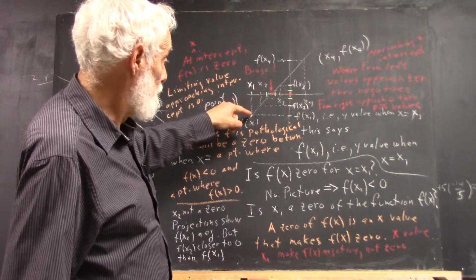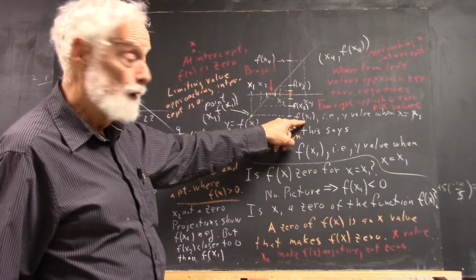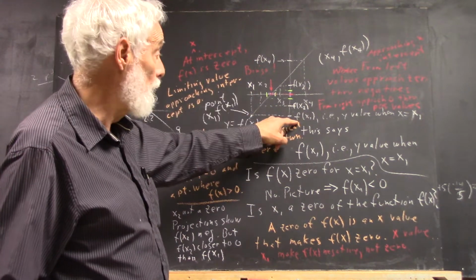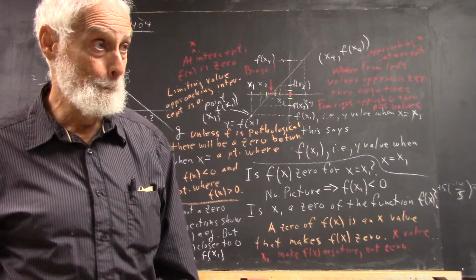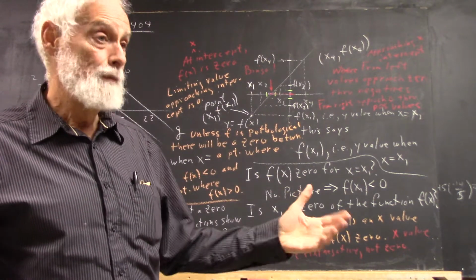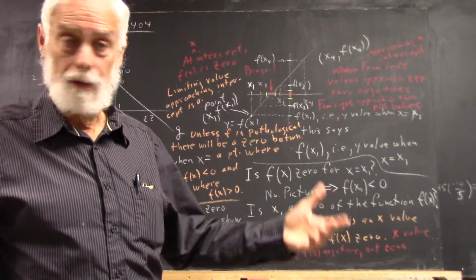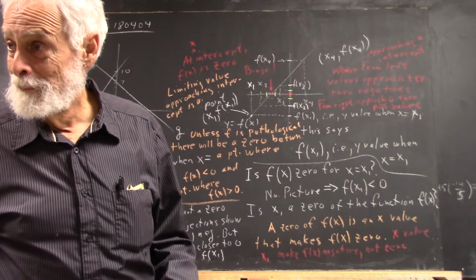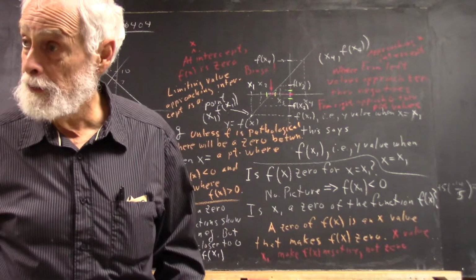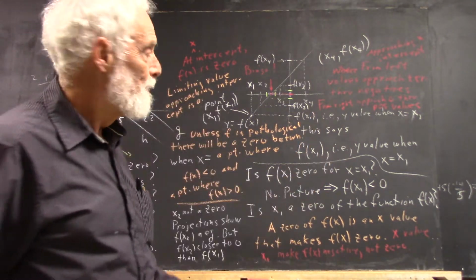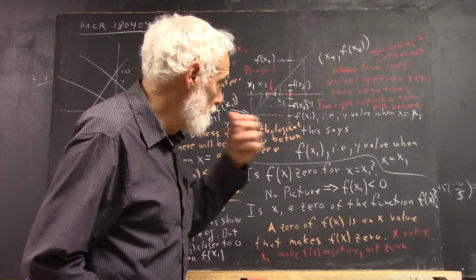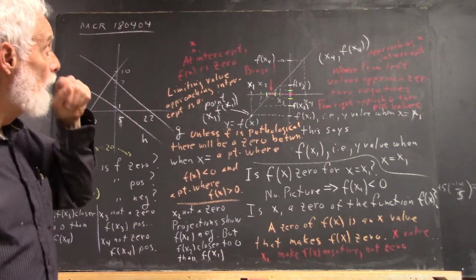So we project down here, we project over, we get the y value that goes with this x value, and that y value isn't 0, is it? The first answer I got, is that 0? The answer was no, it's negative. Well, yeah, that's sufficient to say it isn't 0. And that, of course, prompted me to think about a lot of other things that we kind of developed here. Okay, well, anyhow,